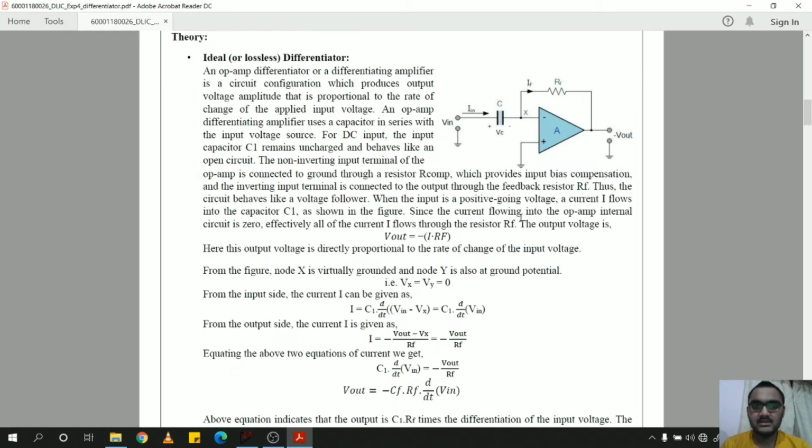But there are some disadvantages of the ideal differentiator. First is that as the gain increases along with the frequency, at some point the op-amp becomes unstable and it produces noise at the output terminal. The second disadvantage is that at higher frequency the resistance of the capacitor will reduce and at a point the resistance will become zero and the capacitor will act as a short circuit. At this point the noises will creep into the system and create disturbance in the output. These two disadvantages can be solved by using a practical differentiator instead of the ideal.